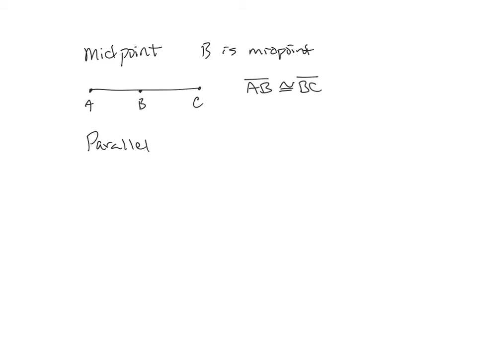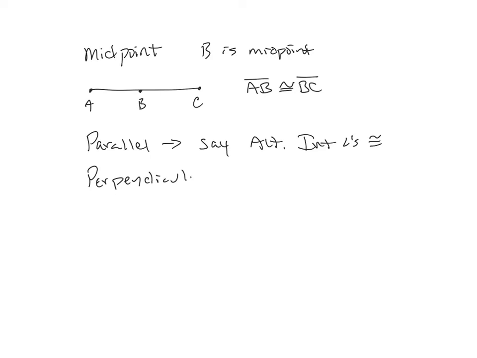If you're told that something is parallel, you're going to need to say that alternate interior angles are congruent. So you're going to need to find alternate interior angles within the picture, and then you'll write, this is congruent to this, and then your reason's going to be alternate interior angles are congruent. Okay, and then